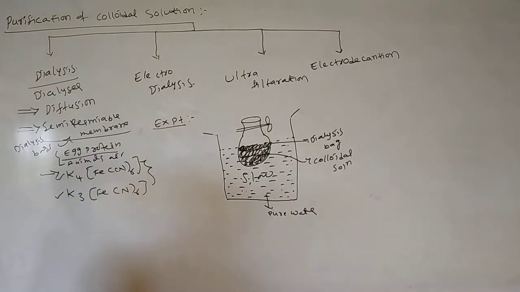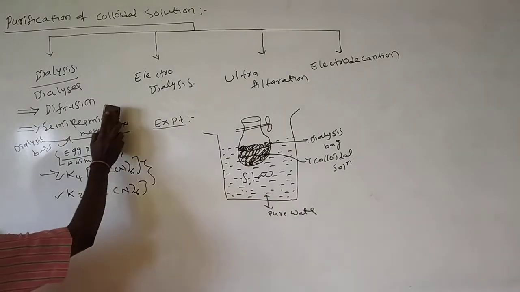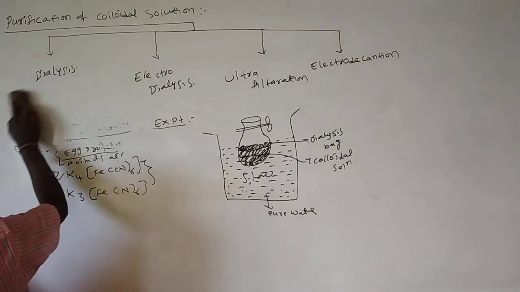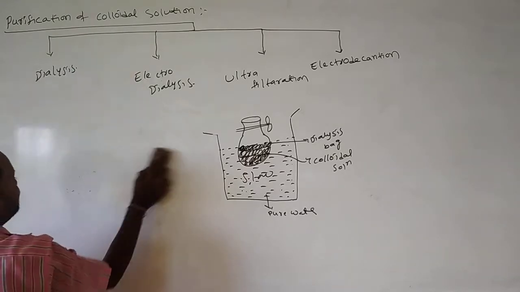It is a very slow method. That's why we move to the next method: the same dialysis method under electric conditions. Same dialysis method done under the electric phenomenon, or electrical effect. That is a fast process. In electrodialysis also some problems and disadvantages are there. We see in conclusion that electrodialysis. This is about the first one, dialysis, finished.